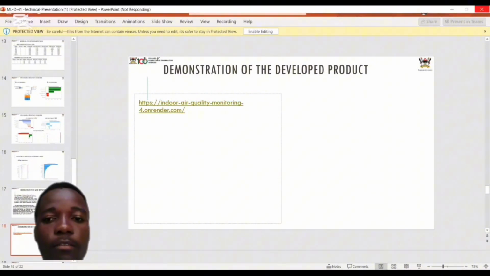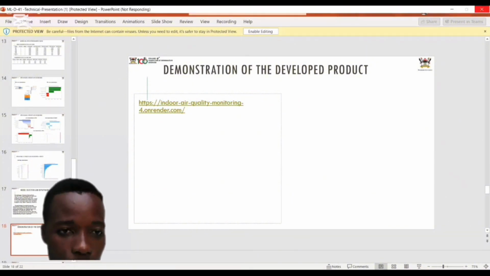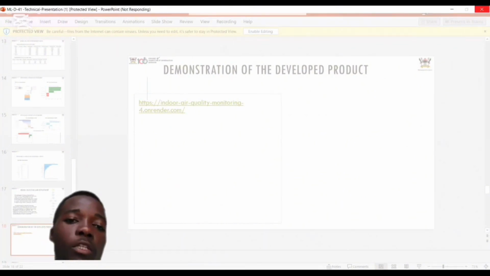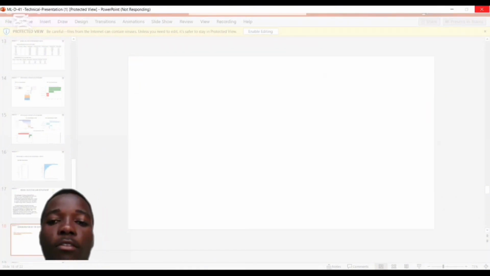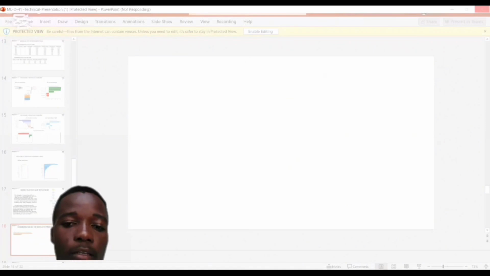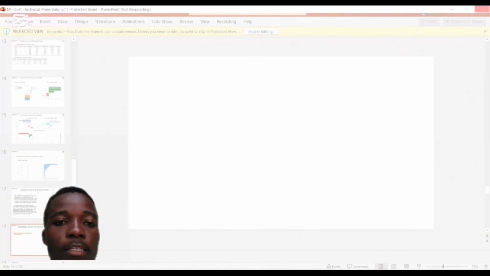What specifically was the output? It will prompt the user to monitor. If the user presses OK, then it will take the user to the page for monitoring. There will be timestamps whereby the user will insert the necessary